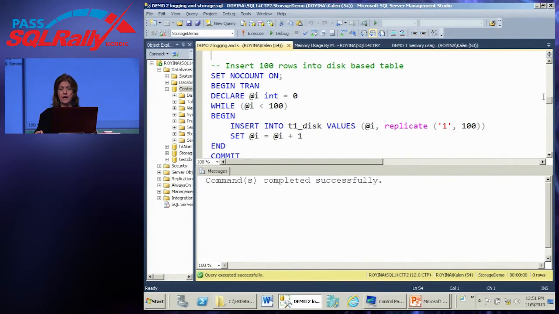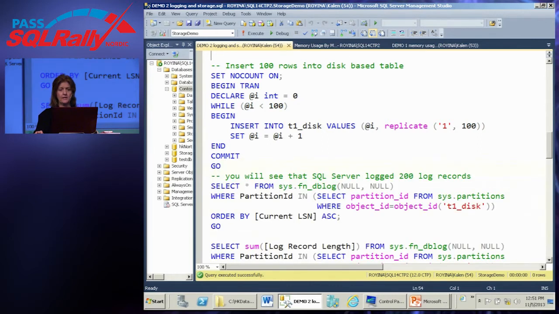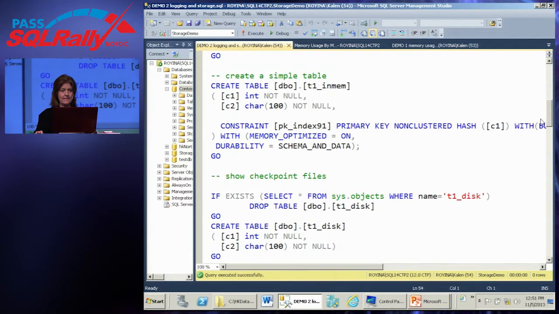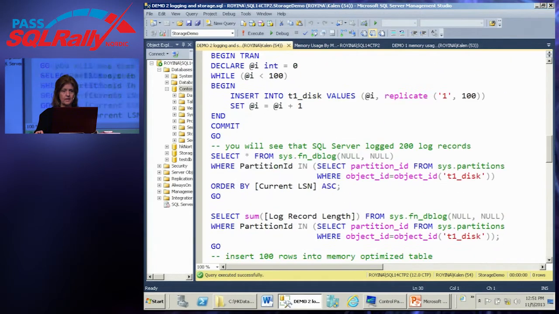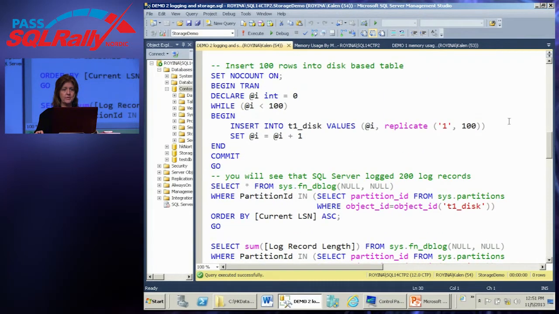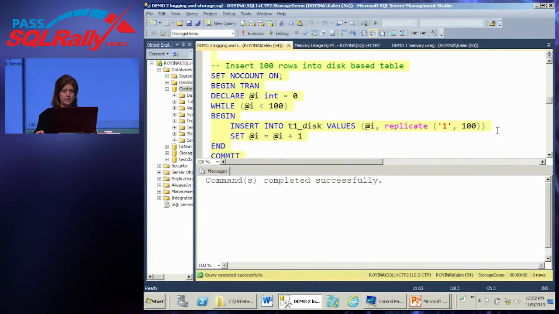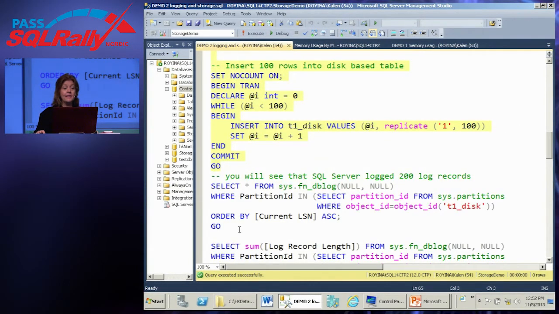I've created two tables here, a disk-based table and a memory-optimized table, and I'm going to insert 100 rows into each of them. I'm going to insert 100 rows into the disk-based table. That shouldn't take too long. And then you might be aware of a function that allows you to read the transaction log.